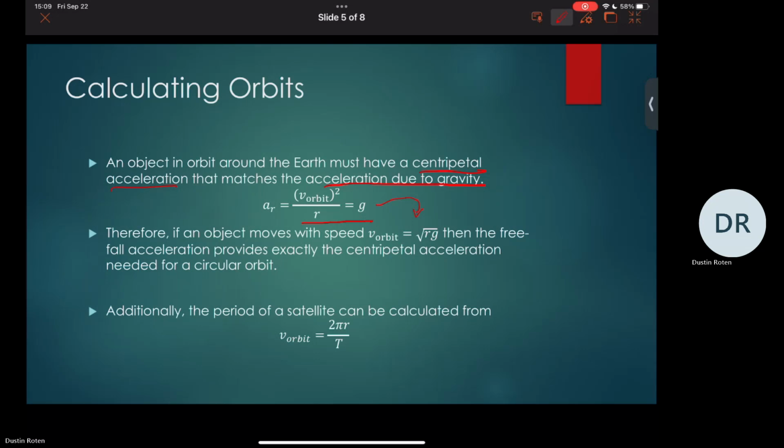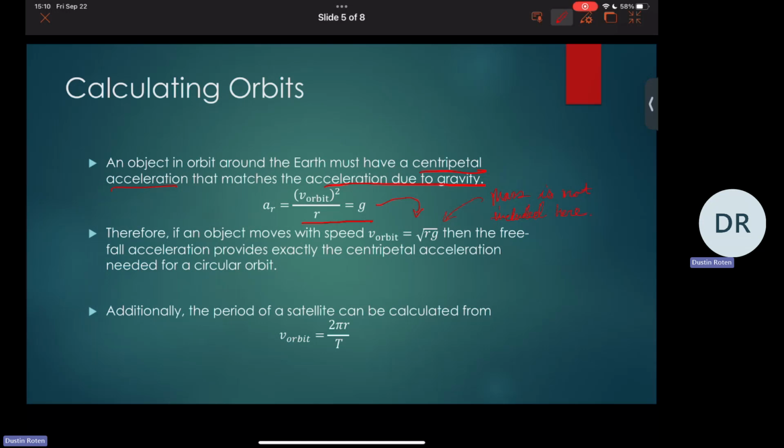Okay, so you should also note that this doesn't depend on mass, which is weird. The mass of the planet and the mass of the object do not matter. So it's worth noting that mass is not included here. All right. So this is essentially the speed you need to orbit the Earth. If it's something greater, you might fall out of orbit and go into space. If it's something less, you're going to hit the Earth again.